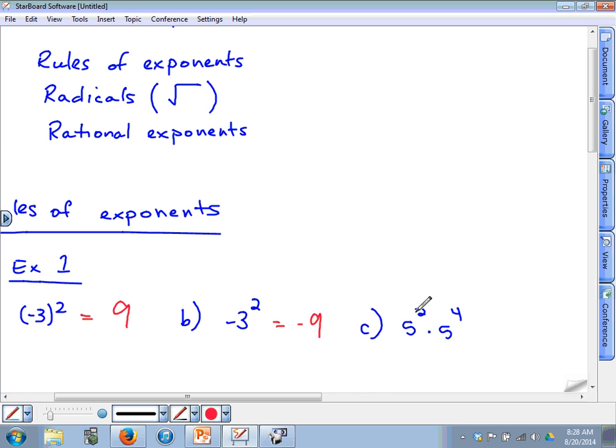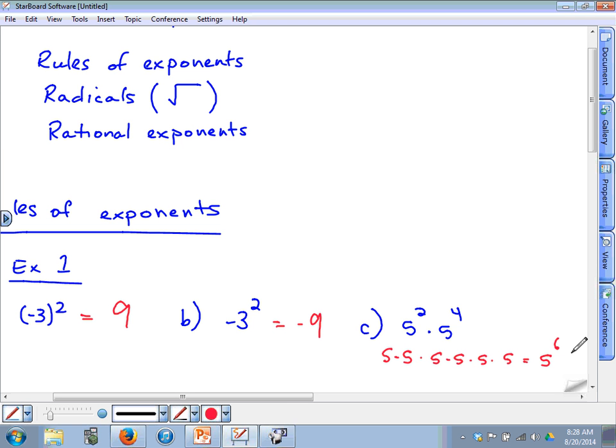Here's something you can think about. 5 squared, isn't that 5 times 5? And then 5 to the 4th is 5 times 5 times 5 times 5. So how many 5s are there? So it's 5 to the 6th. The base doesn't change. Okay? If the bases match, then it stays the same. You add the exponents. Okay, these are some of the properties you hopefully